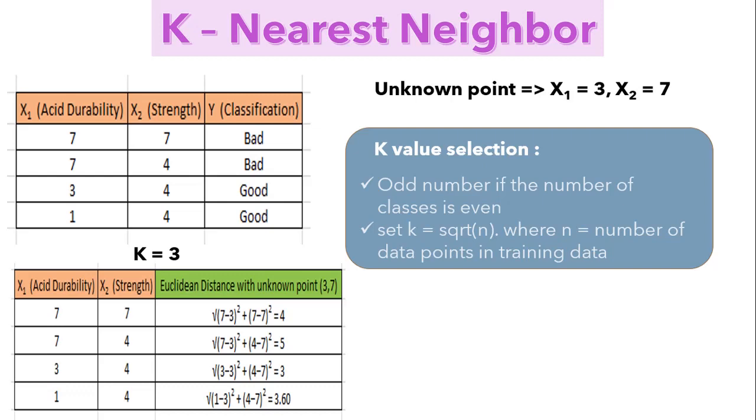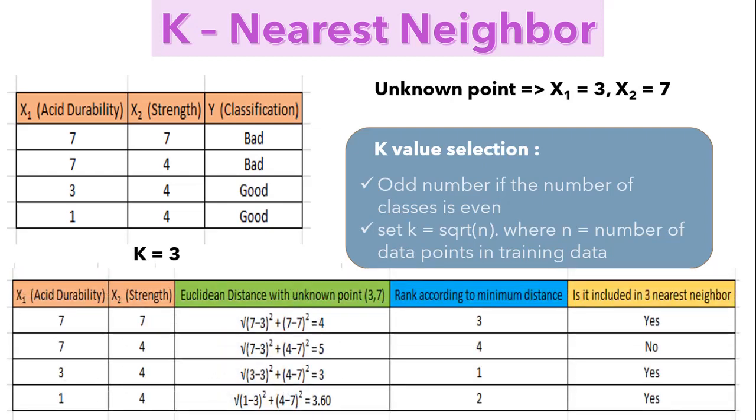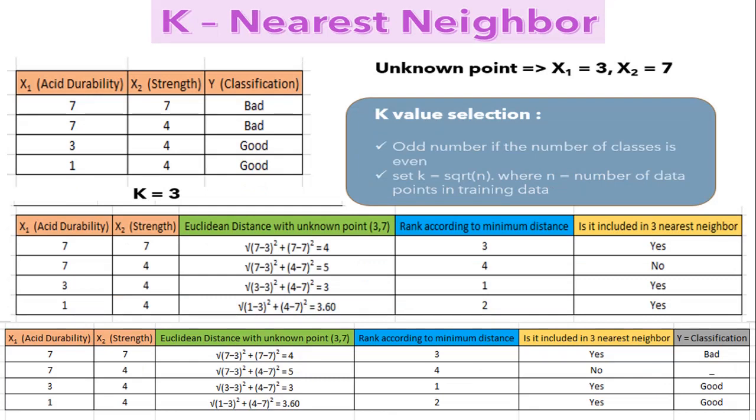Now we will sort the distances and determine the nearest neighbors based on the kth minimum distance, as shown on the screen. Now we will gather the y variable of the nearest neighbors, and if you can notice, we have not included the last column in the second row, as the rank of this data is more than 3, and we have to look only up to 3 values of k. Now we have 2 good and 1 bad. Since 2 is greater than 1, we can conclude that the new paper is categorized as good, because in classification we have to take the majority category of the nearest neighbors.